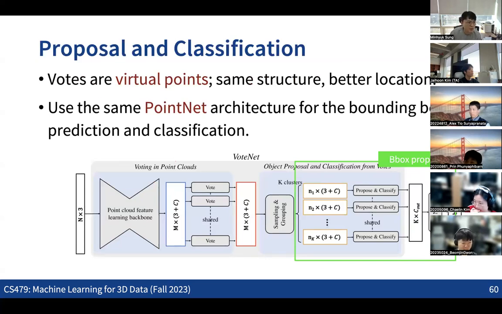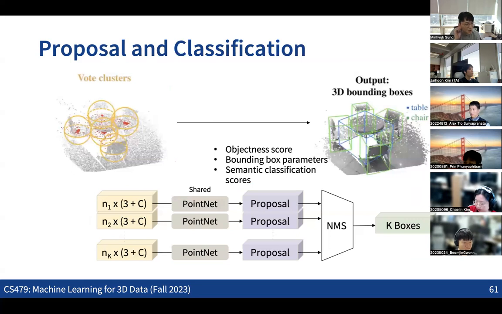Once we get the clusters of votes, we just use a shared PointNet to get the objectness score, the bounding box parameters, and the semantic classification scores. So this is simply the idea.